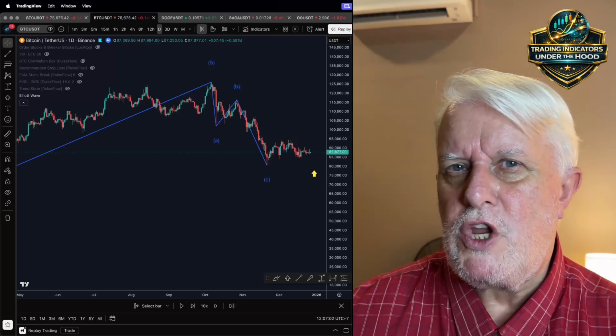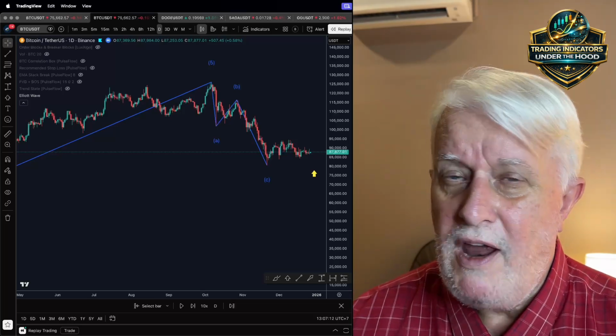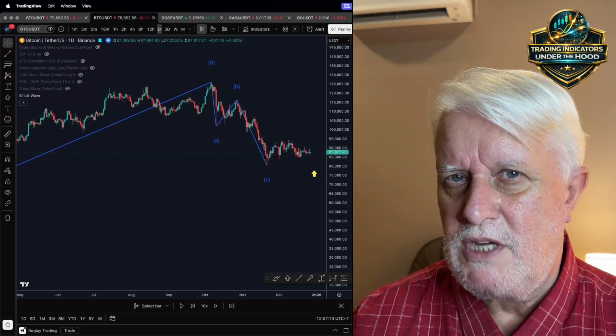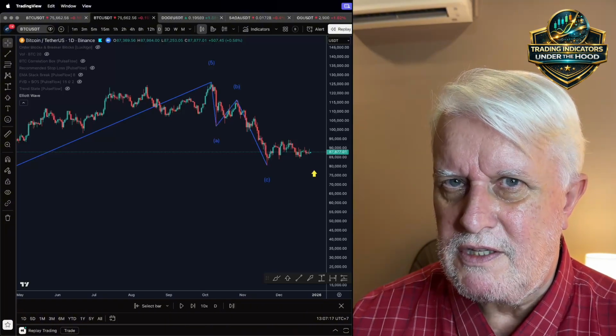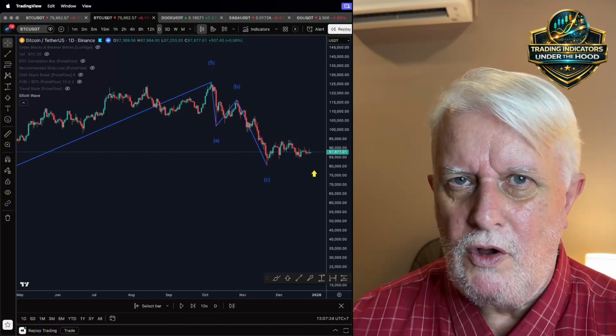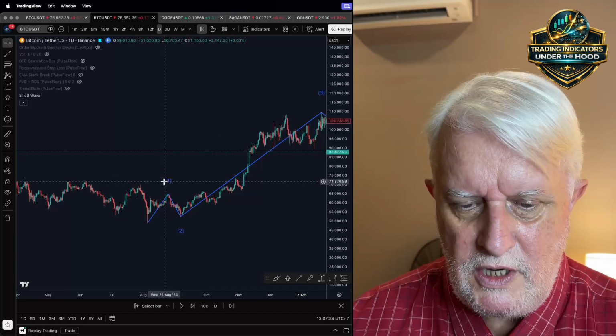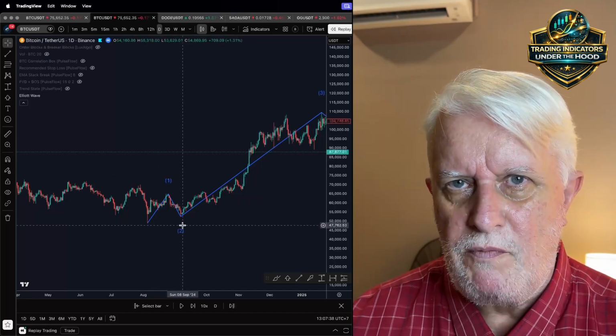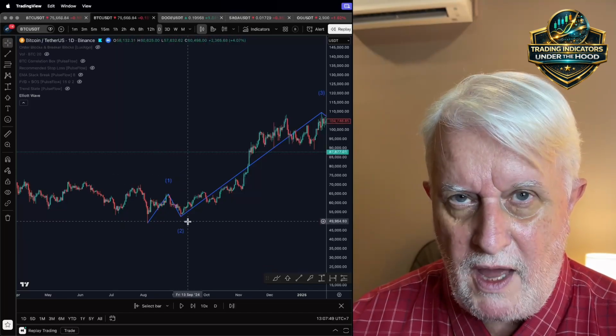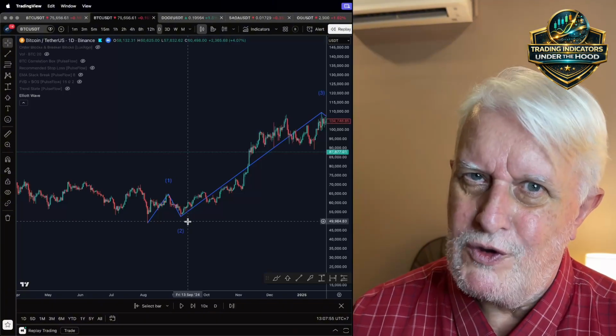Let's talk about the 3 unbreakable rules. Everything in Elliott Waves is open to interpretation, except these 3 things. Break any one of these 3 things and the whole wave count is dead. Rule 1. Wave 2 cannot retrace 100% back down to the bottom of wave 1. If price falls below that, you do not have a correction. You have a new trend.